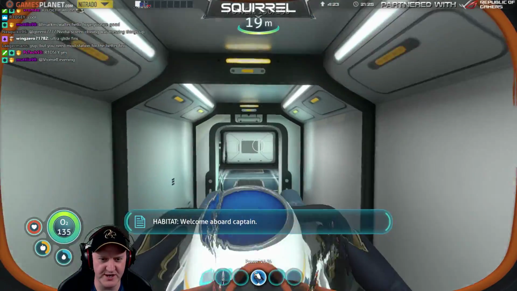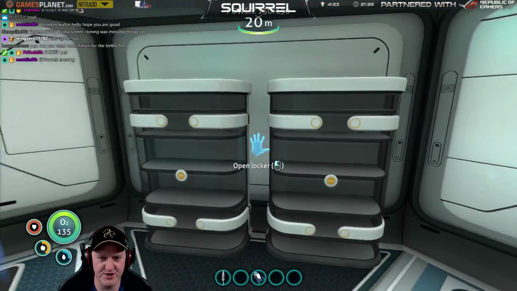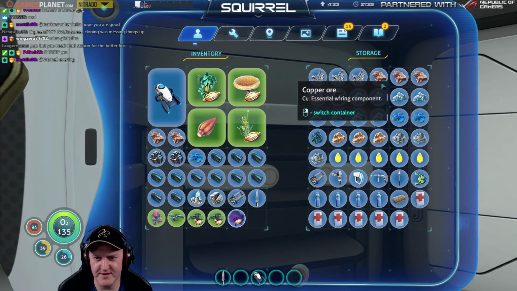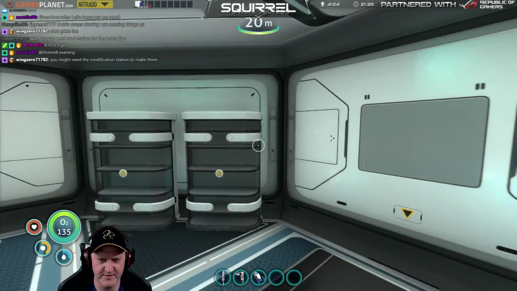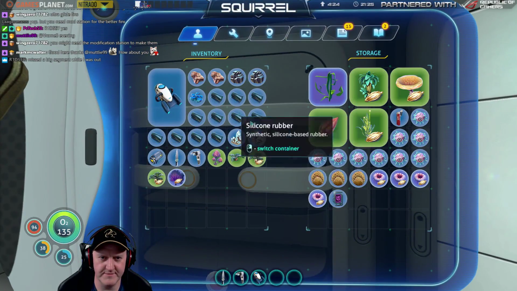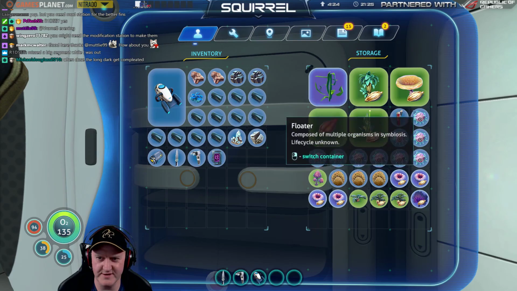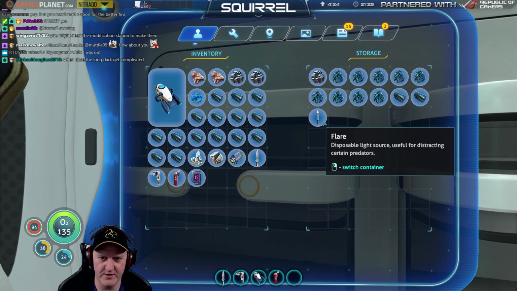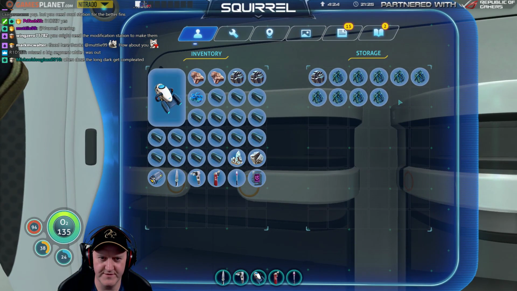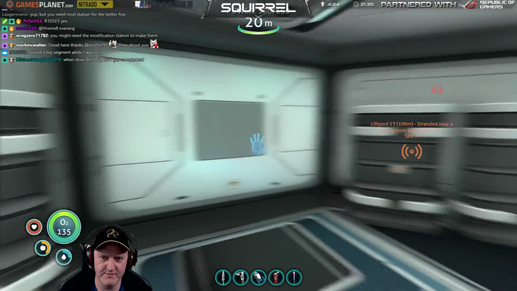Right, what we're going to do now is start extending the base. Welcome aboard, Captain. I think it actually needs a locker, to be fair. Let's get the habitat builder. It's weird how it auto sorts in this game. Okay, lemon that. Take that out of there. So that's basically all of its organic type stuff. Seeds and whatever. They can all go in here now. We'll keep this titanium. And we'll grab some...